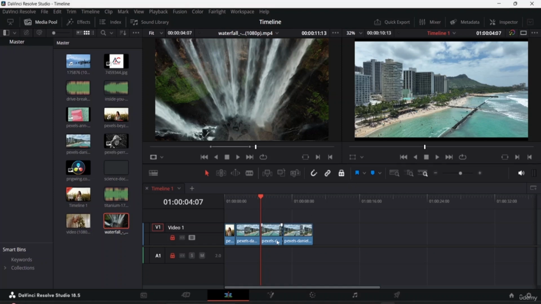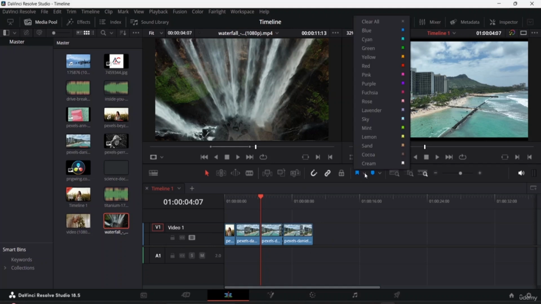All the tracks, audio tracks or video tracks, whatever you have in your timeline will directly be locked, as you won't be able to make any changes. So you can just unlock it from here, and here you guys can see all at once all the video tracks and audio tracks I had over here have been locked. Okay, so now here comes the